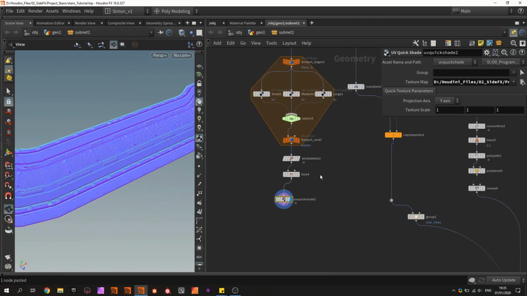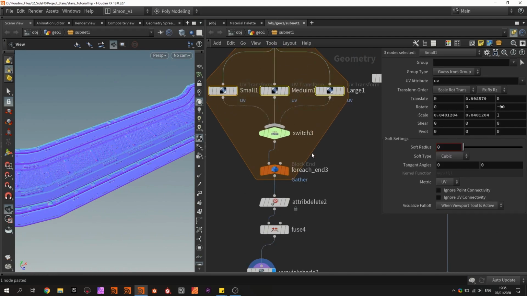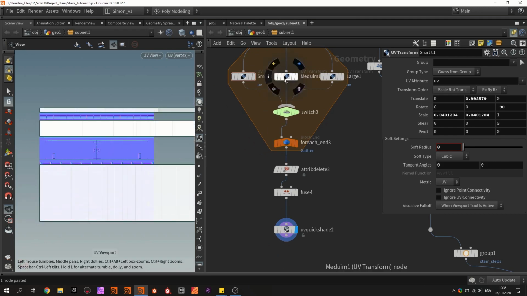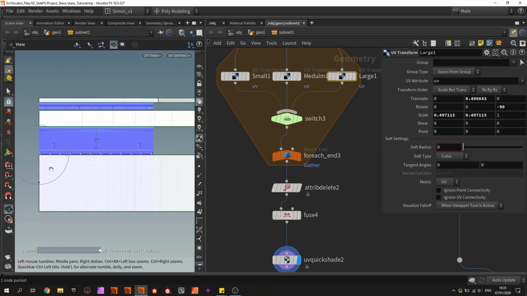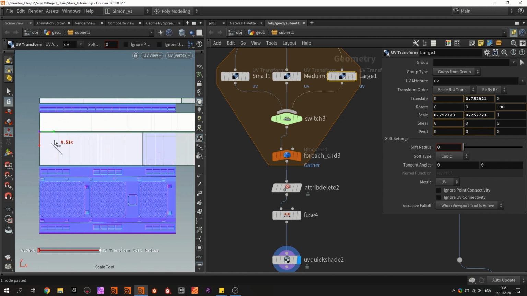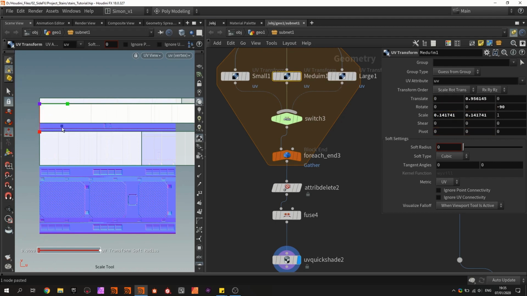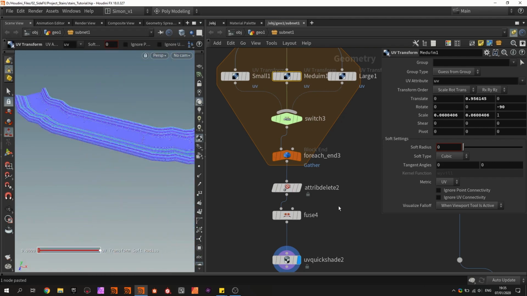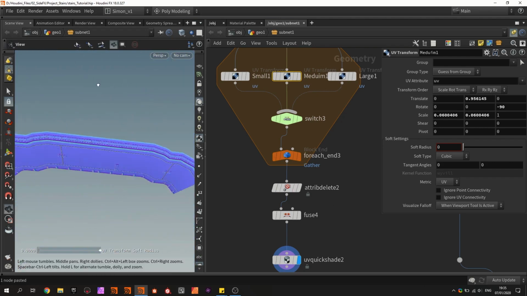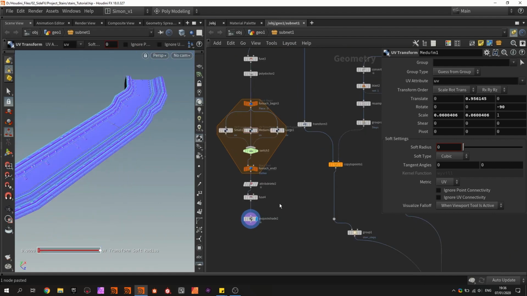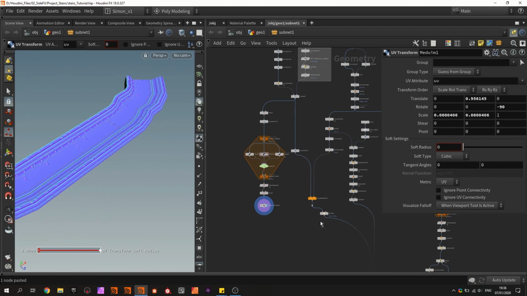And I want to change these transform values so we have them placed better. In here, we can make the decision to, for example, move this to this part. And we can make the medium, for example, this part here. And this is now the result. So we have used the trim sheet to unwrap this as well. By just copy pasting the nodes, my system already works. Now we need to make some more room here and plug